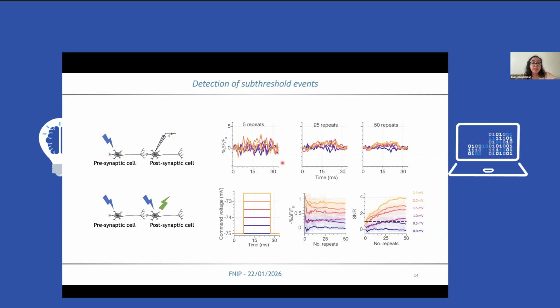I also have to say that this data was acquired at 1 kilohertz, but we know now, as I showed you before, that by recording at 500 hertz, we could increase our SNR, and thus reduce the number of repeats. It's also important to note that we used Jedi2P for these experiments, and although it's a very efficient voltage indicator, it was not particularly designed for these types of experiments, so maybe an indicator that would display higher sensitivity in this range of depolarization would be more suitable.